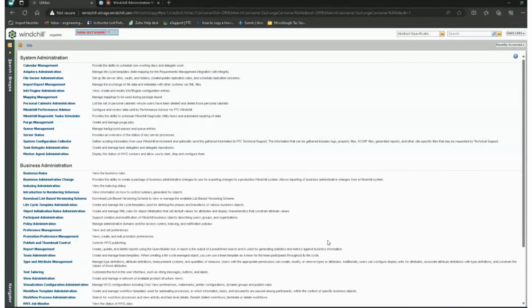That could be around memory allocations. It also will revolve around queue entries or queue management, your Windchill publishing queues, your vault, some reports that you can run,